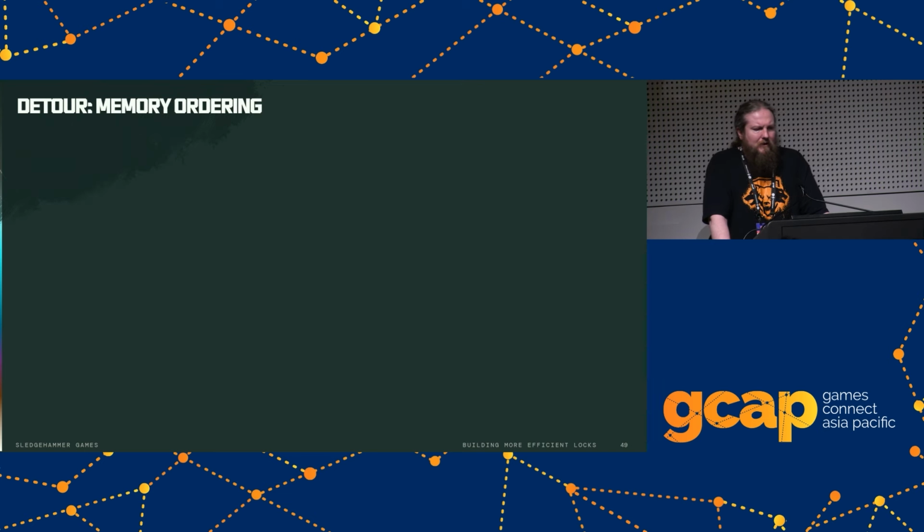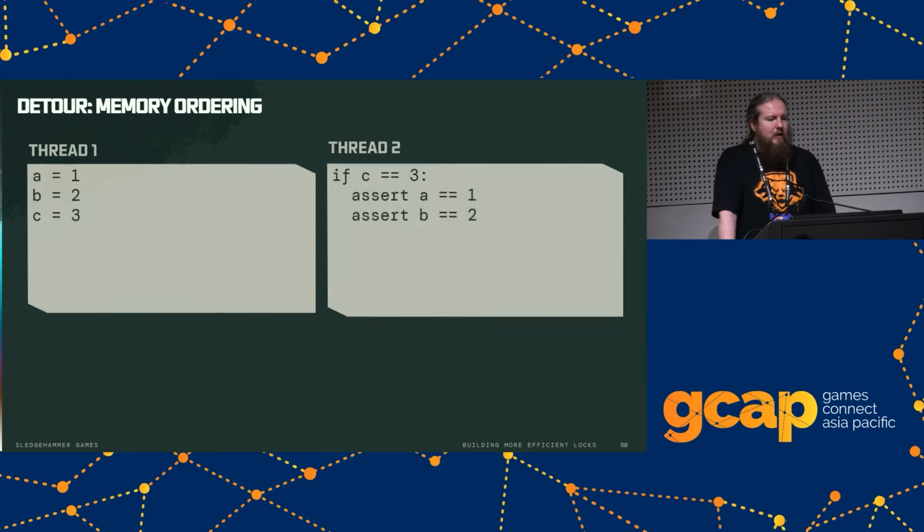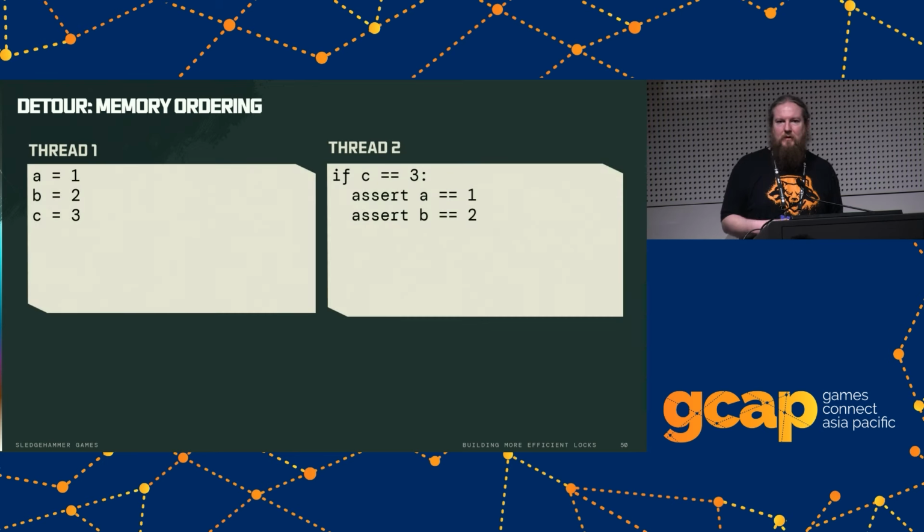So another thing that we need to consider is memory ordering. On a CPU, when there's multiple threads running, the CPU and the compiler are both able to reorder your reads and your writes. So let's assume that we've got A, B, and C here. They're not atomic variables, they're just normal variables that exist in memory. And we're just storing into